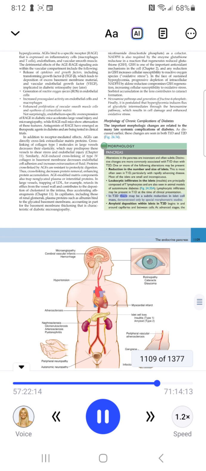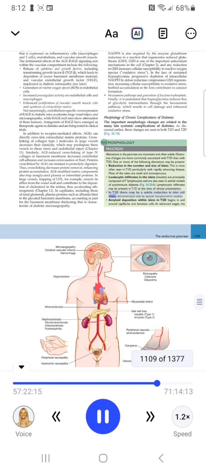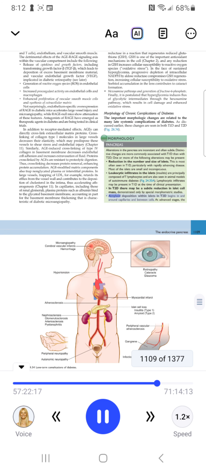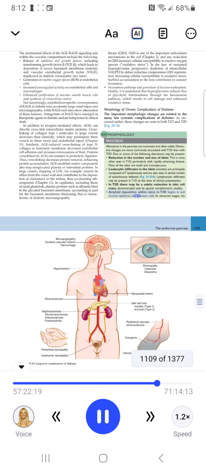In T2D, there may be a subtle reduction in islet cell mass, demonstrated only by special morphometric studies. Amyloid deposition within islets in T2D begins in and around capillaries and between cells. At advanced stages, the